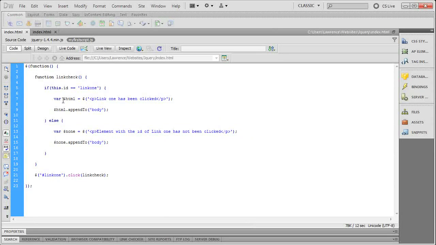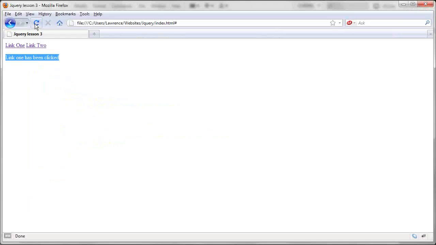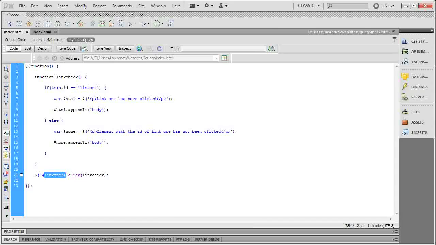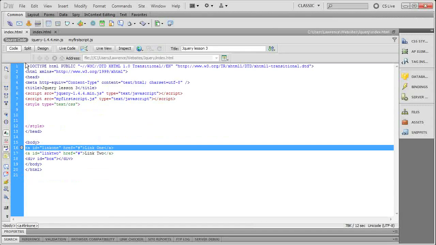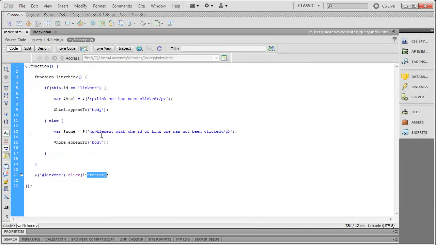Now at the moment we've only called back this function onto link1, so no matter which element I click, even if I was to save that and refresh, even if I was to click link 2, I still wouldn't get "sorry, you haven't clicked on link 1", because I haven't called back the function on link 2, okay? So I have to say, again, go down a couple lines, and I'm going to say, okay, this